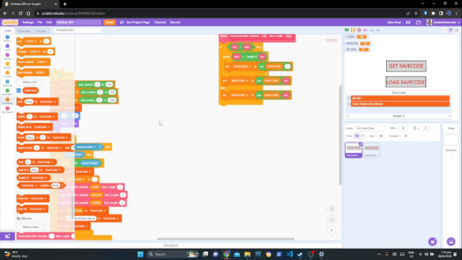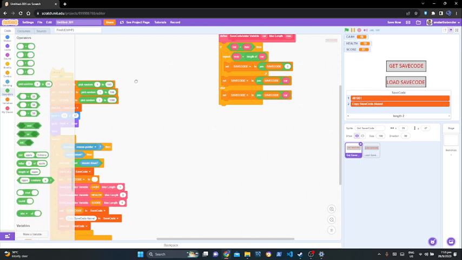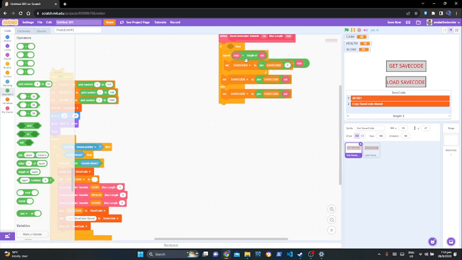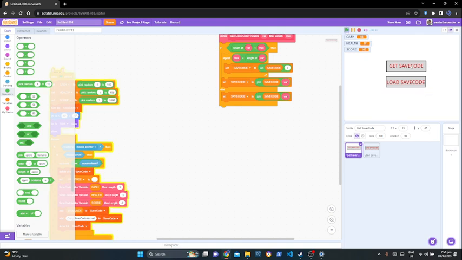We're adding. So if var is lesser than max, repeat max plus length of var, then inside that I should be joining safe code with 0, right? Let me just check if I put all the code correct. Oh, sorry, I forgot something. It should be actually length of, and we just put this in here. Yeah, there we go. So here, put this in here, we put this in here, and now if we run it,